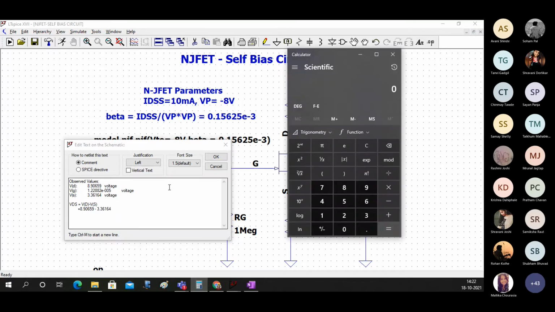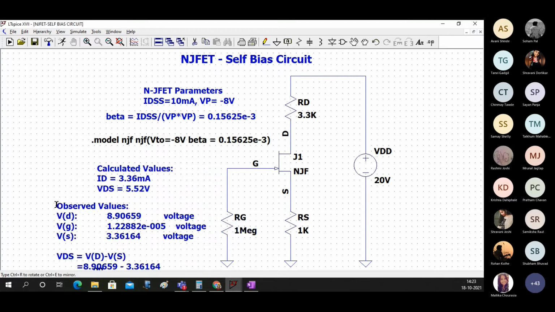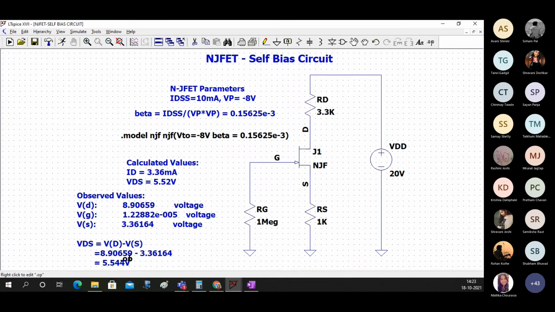If you subtract this, 8.90659 minus 3.36164, that is 5.544. So you can see that we are pretty close to what we have calculated.